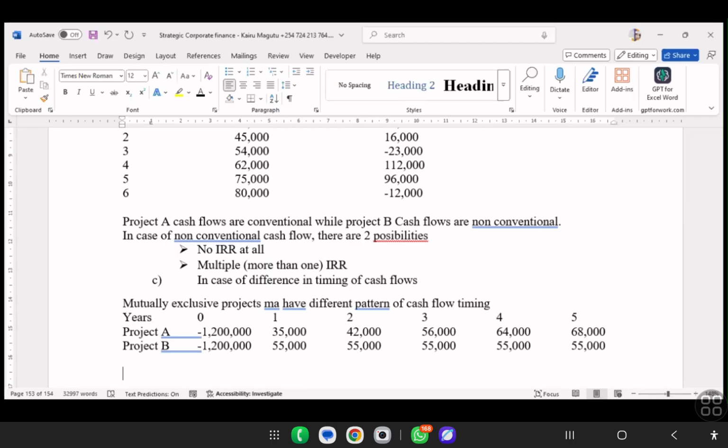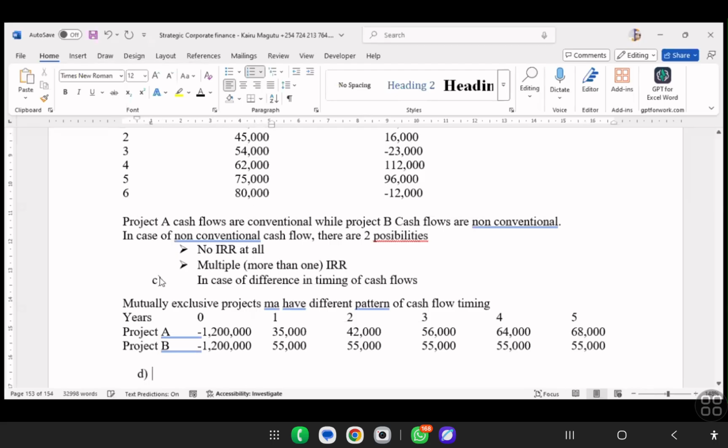So there are all those possibilities: the difference in timing of the cash flows generated by the mutually exclusive projects. And the last scenario is where we talk about a difference in economic